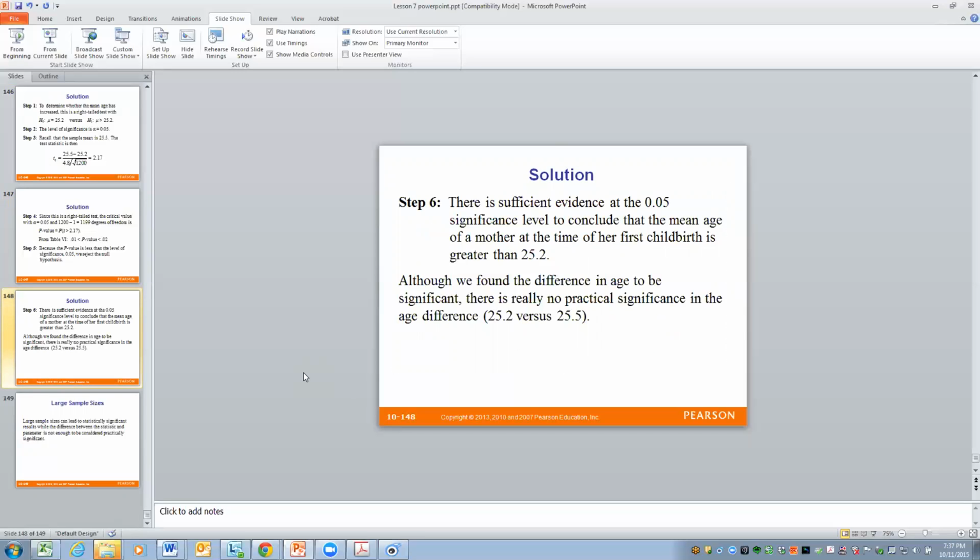Another example would be an IQ test where the average is 100, and we take a large sample of 2,000 or 3,000 students, and we find an average of 101. Because of the large sample size, there is a statistically significant difference, but practically speaking, there's not going to be any difference between how we're going to treat somebody with 100 IQ and 101 IQ. If we're basing anything on a standardized test, we're not going to go out and change all of our formulas and all of our